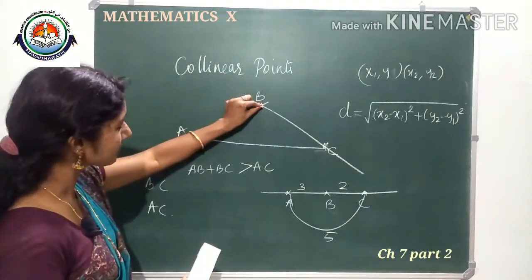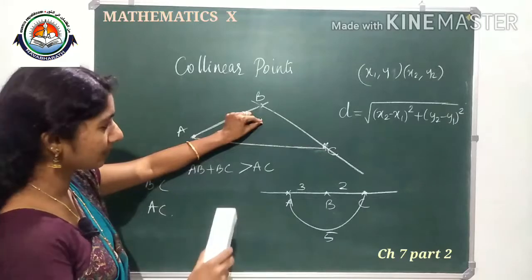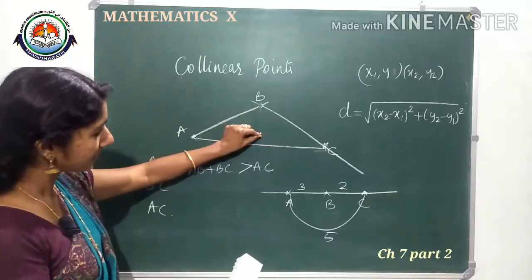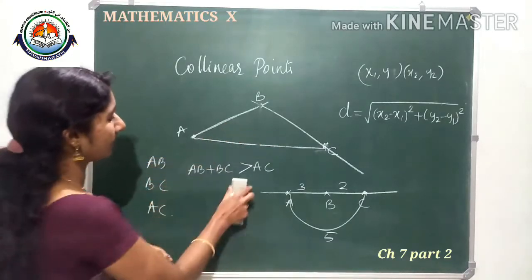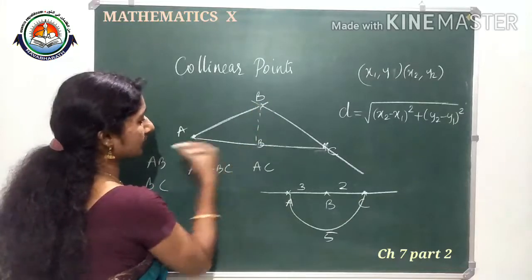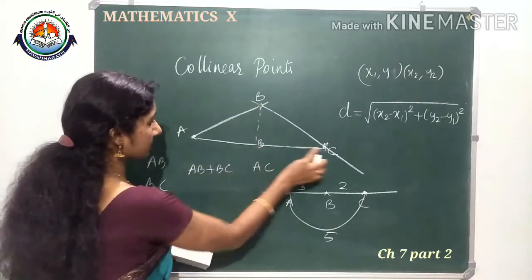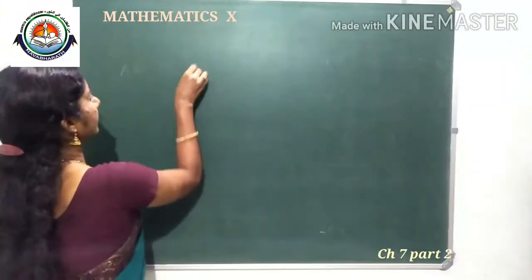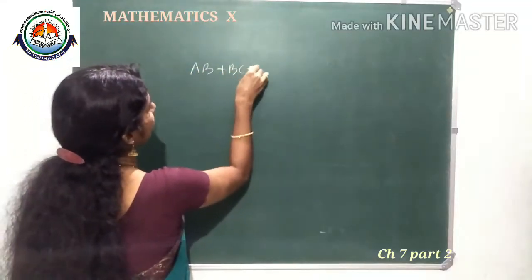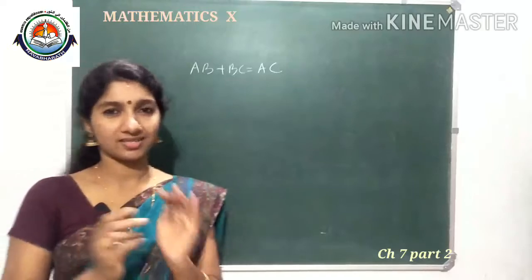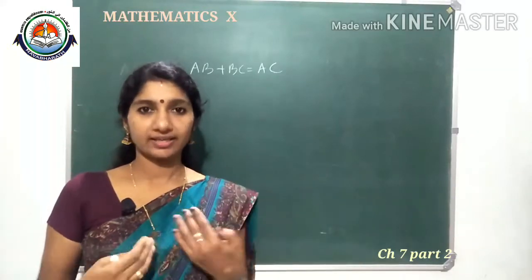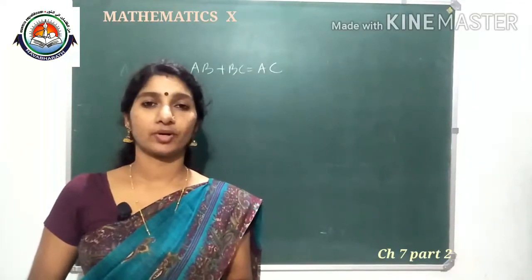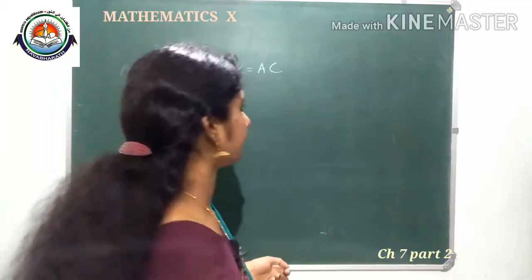So, if we pull out this B, now the AB plus BC size is decreased. Again down, AB plus BC size is decreased. Then if B is on this line, what will happen? It means B is dropped to here. Then it is sure AB plus BC equals AC. So, if for 3 points A, B, C we get AB plus BC equal to AC, that means the 2 shorter lengths sum to the third length, and we can say that the 3 points are collinear points. Let's do an example.